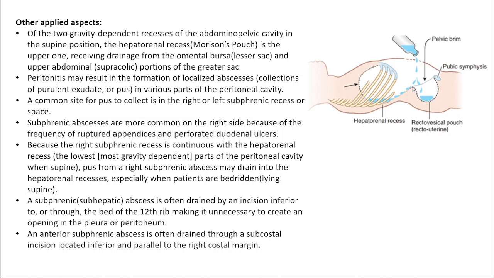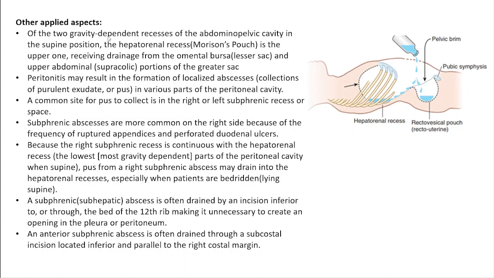Now, if the patient is lying supine, this is the lowest part of the lumbar vertebral column, then this is the concavity of the sacrum, and somewhere here is the sacral promontory. So these are the two most dependent parts of the peritoneal cavity in the supine position. This is the rectovesical pouch in case of the male, or the pouch of Douglas, or the rectouterine pouch in case of the females. And this is the pouch of Morrison, or the hepatorenal pouch, or the right posterior subhepatic space. These two are the most dependent parts in the supine position, right?